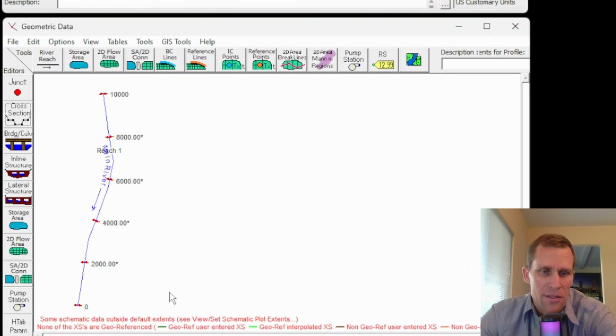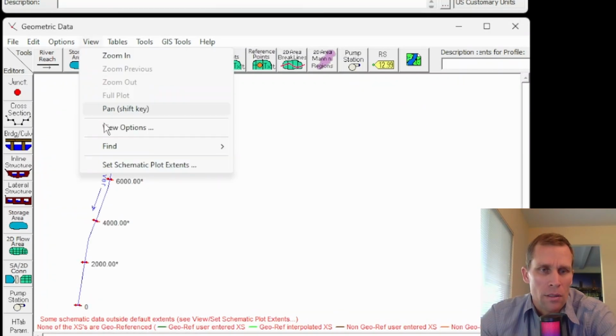Next, what I want to do is create a side channel here. I'm going to call it the East Channel. So assuming north is up, east would kind of be on the right side. And it's going to be near River Station 6,000. But the way HEC-RAS works is you need to have an upstream and downstream river station for every reach. Every reach needs at least 2 cross-sections, and you specifically need cross-sections that are close to